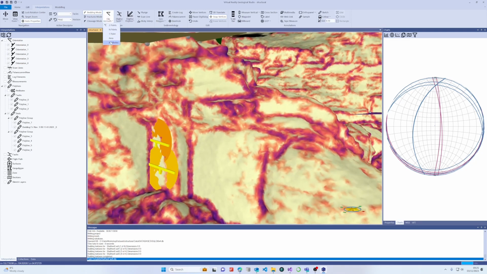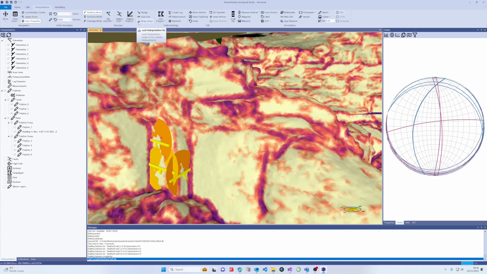I can use attribute again, select one there. Now it's not particularly efficient having to keep going back and reselecting the attributes option. We can switch on, so I've just switched off the snap vertices. We don't need that at the moment. Switch on sticky interpretation. This locks the interpretation mode, so it doesn't keep resetting back to the default move mode when you've finished interpreting an object. So if I now go to attributes, I can select that,